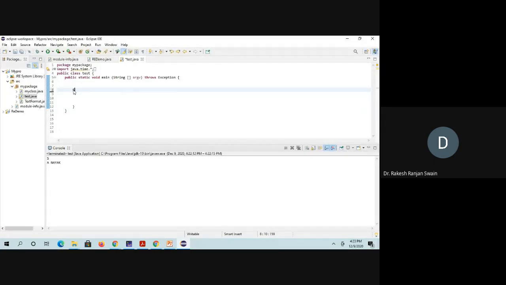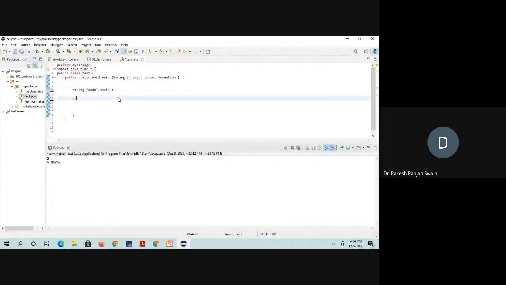I am defining a string first. Suppose the string name is food, and I assign the value, suppose cookies. This is the string with double quotes. Then suppose someone wants the first character of the string. How to get it? Let's see.